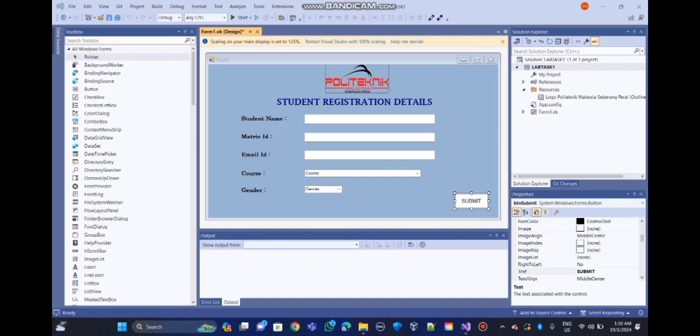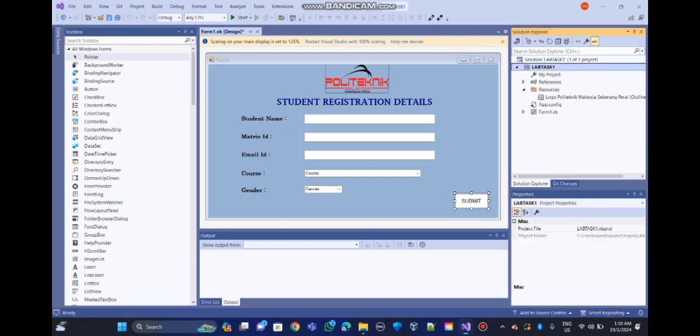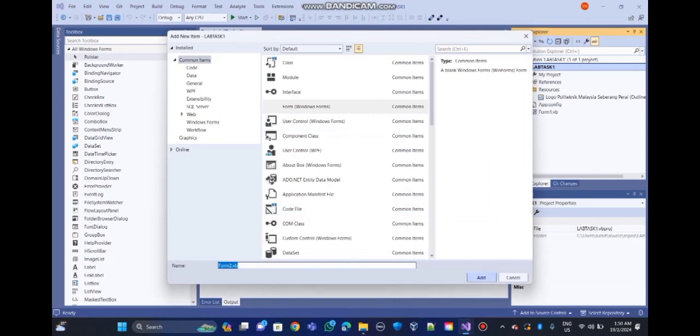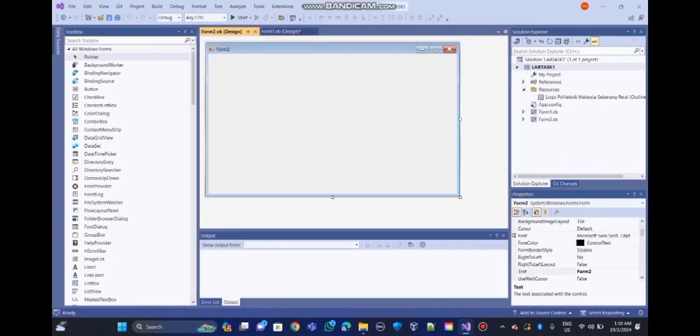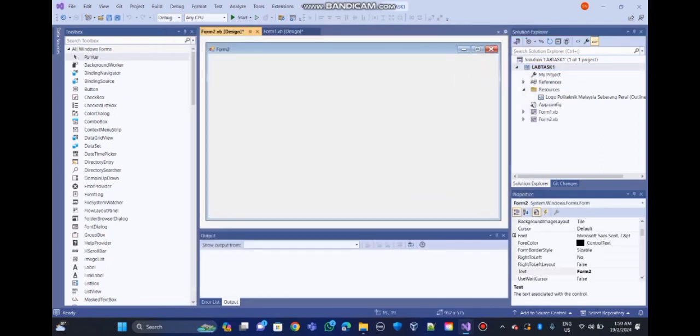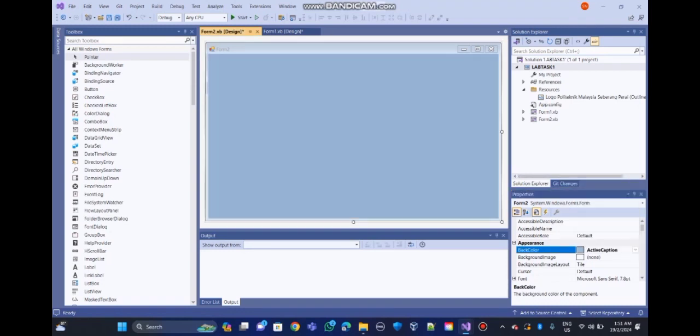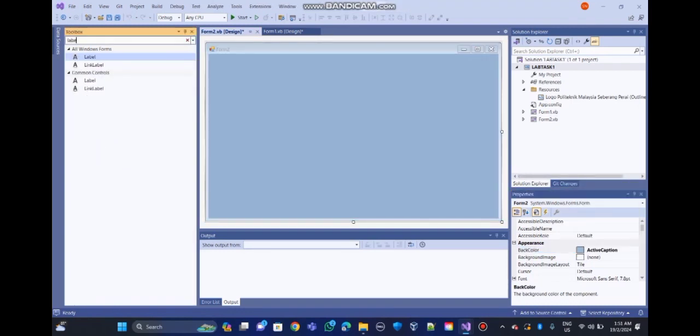Now I'm going to create a new form. So now I'm going to right click in the lab task 1, and then I'm going to add, and then Windows form, and then I'm going to add. For this, I'm going to change the background color as the same as in the form 1. So I'm going to change the back color to active caption, and then I'm going to add label,